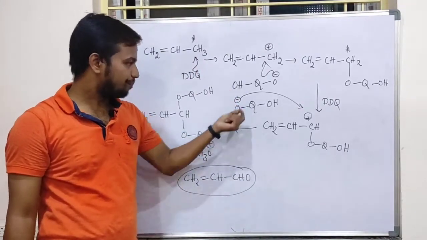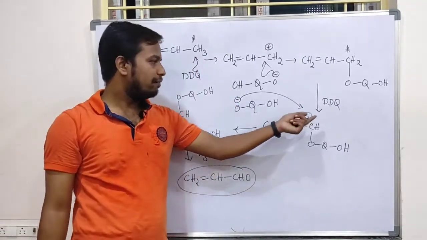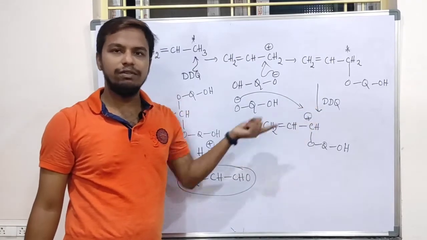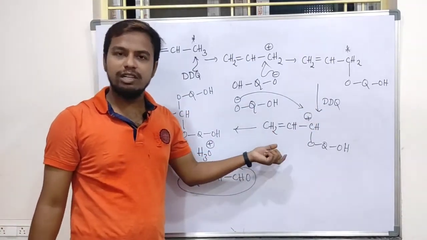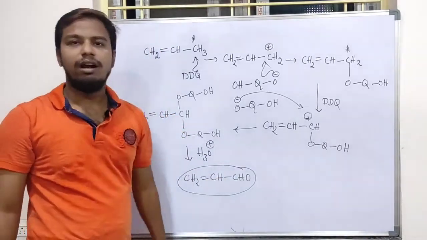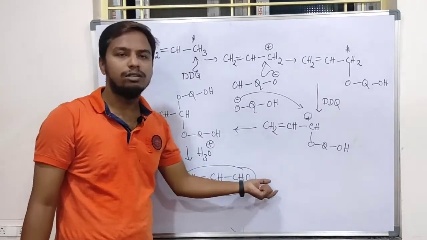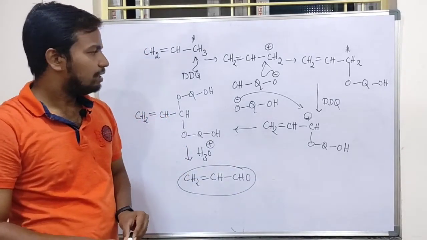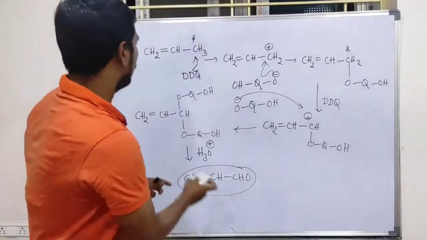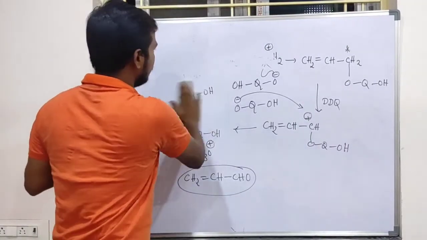How many DDQs are spent here? Here I have used 2 equivalents of DDQ. So upon spending 2 equivalents of DDQ, instead of dehydrogenation happening here, aldehyde is generated. So it is also an oxidized product. Am I clear? So this is the best example. So if you replace it with any benzyl group, you will be obtaining the same result.